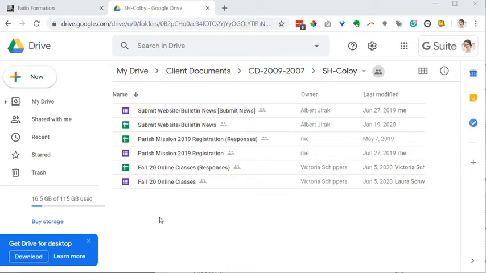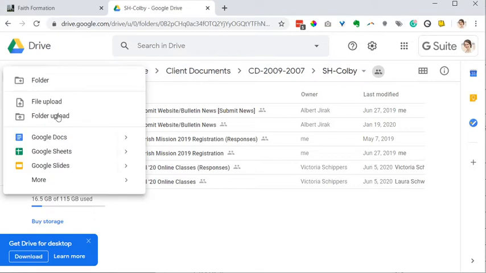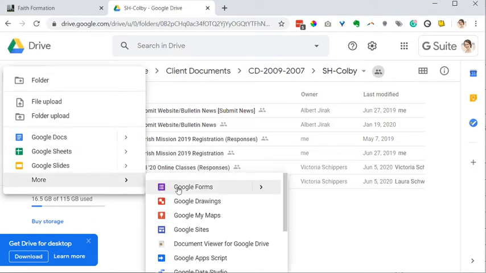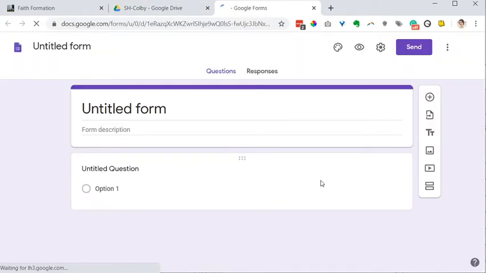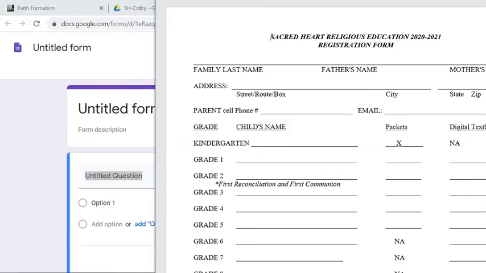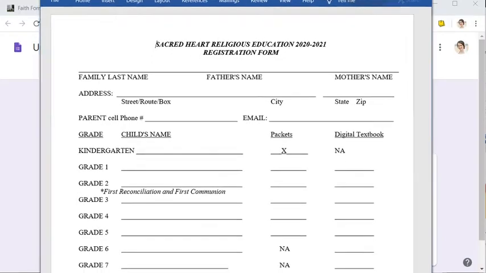In this video, I'm going to go over creating a Google form as well as embedding that form on the website. If I'm inside a Google Drive, or it might be at forms.google.com, I want to start by creating a new form. Because this is in a shared folder, that's a good thing because then Solutio can still help after the form's been created. My goal here is something like this registration form,